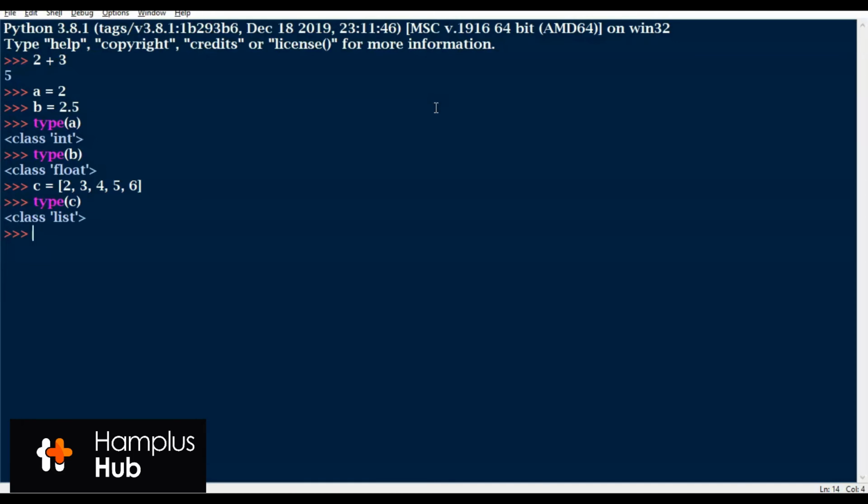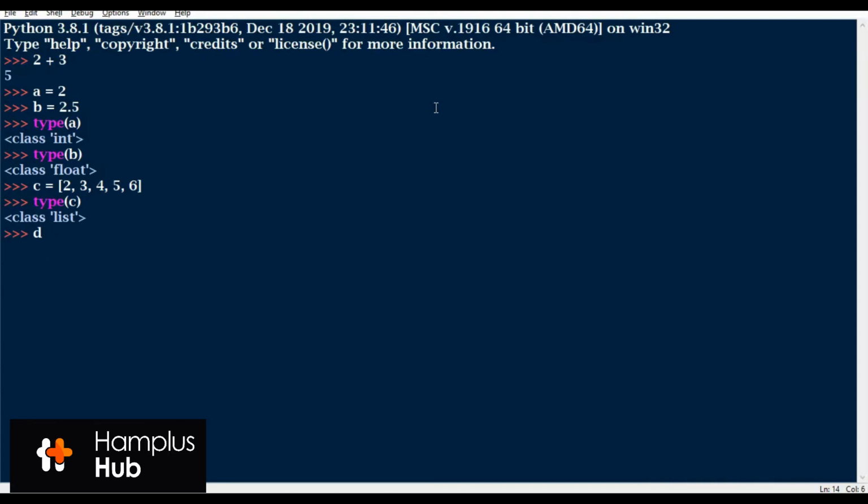Okay, another data type we see in Python, which you will be working with when it comes to pandas, is what we call a dictionary. This dictionary is what other programming languages call an associative array, which is a pair of key to value. It matches the key to a value.